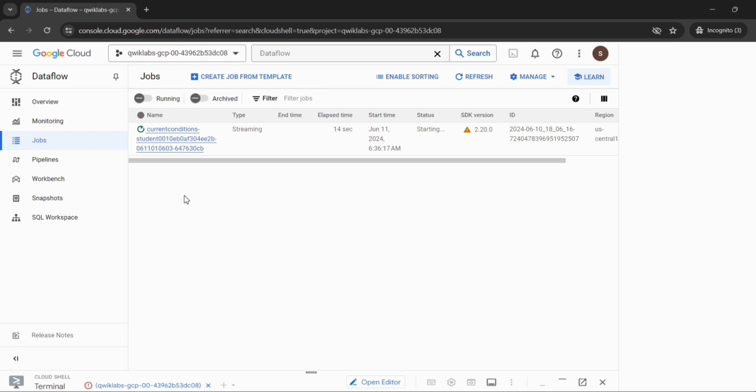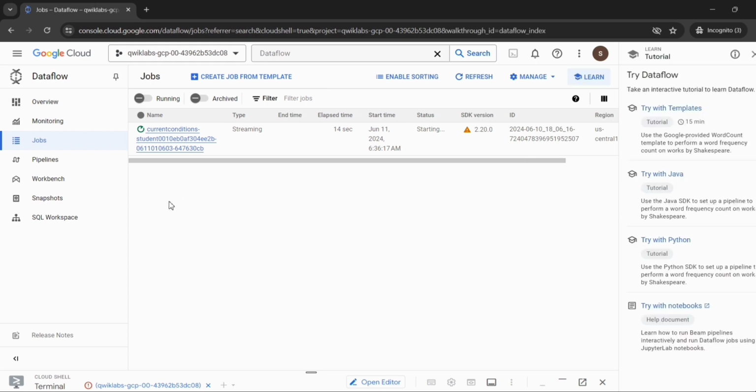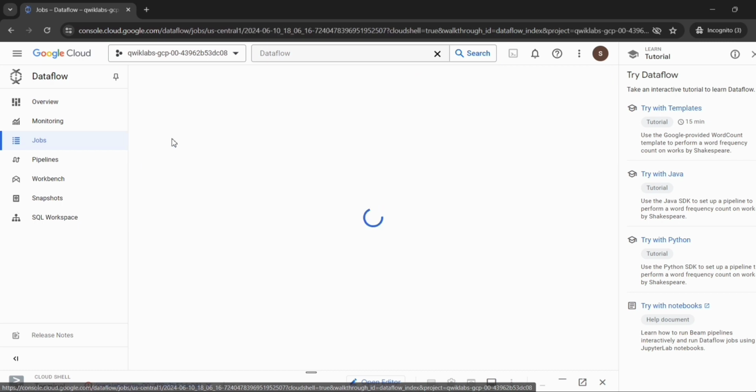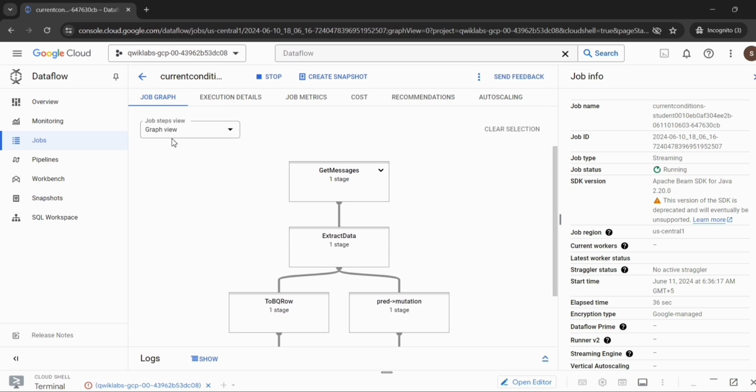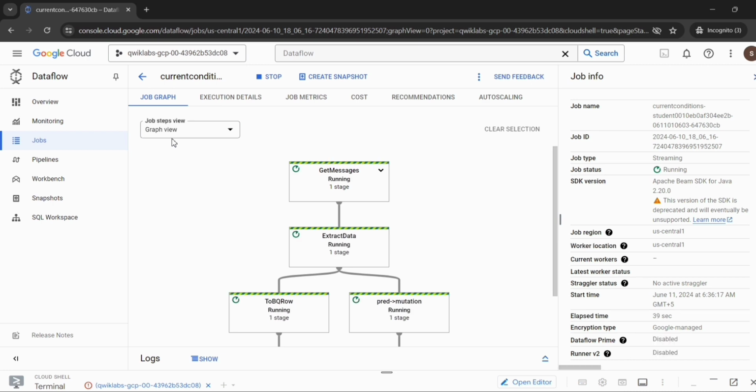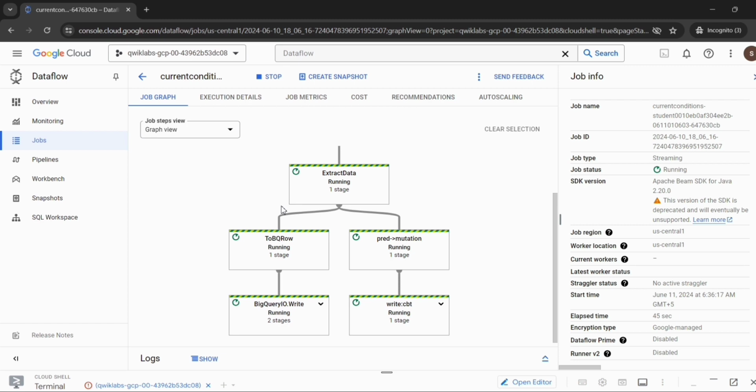Now go to the jobs. Now click on the new pipeline job name. Now locate the right CBT step in the pipeline graph to see the details of the writer.